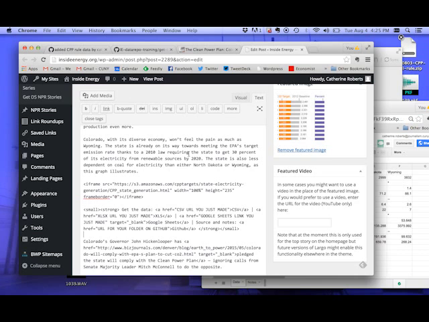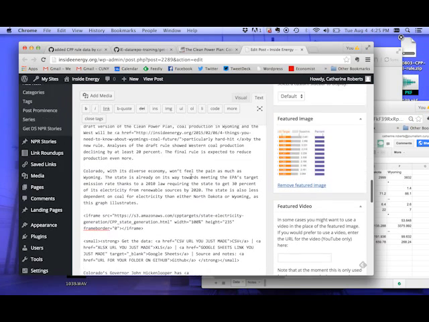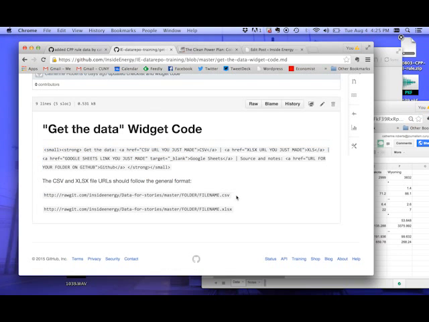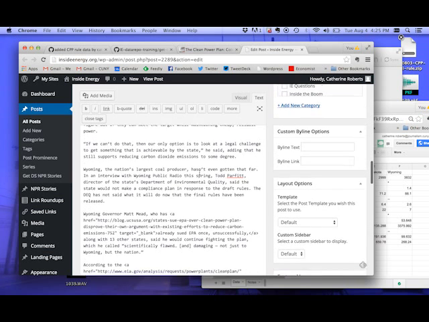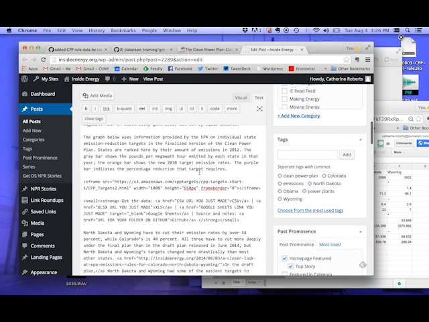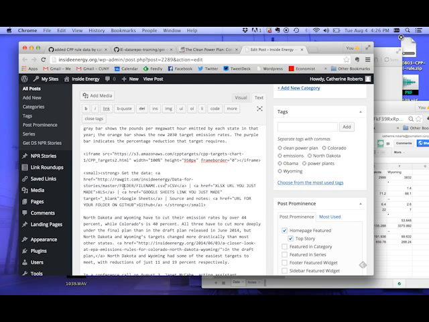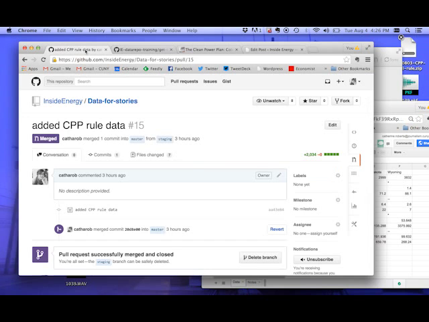Okay, now we need to go back here and copy these URL models. The way I do this is I copy the one for the CSV, go back to my code and put that CSV link in right here. And then the folder and file name is all you'll need to change. So you can find that here